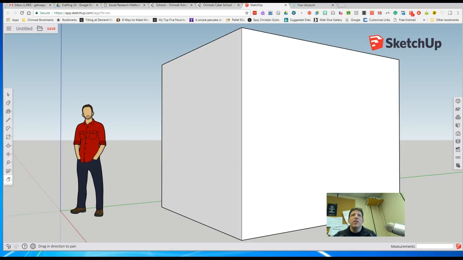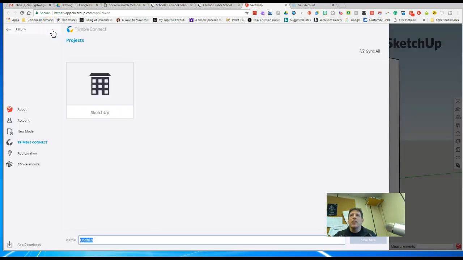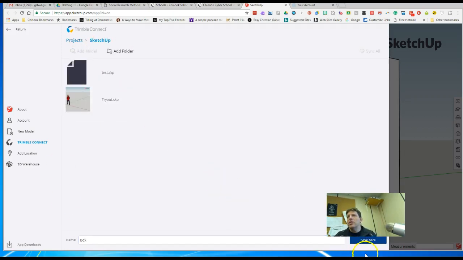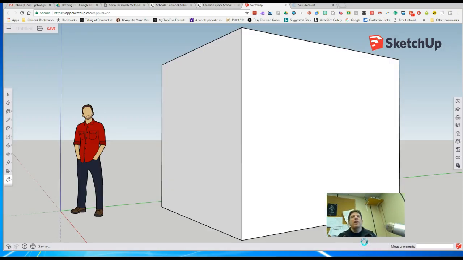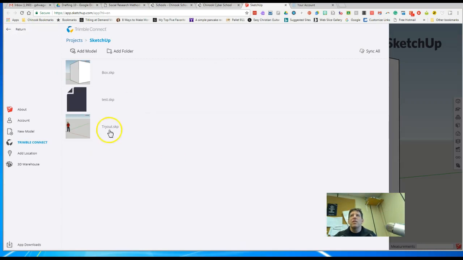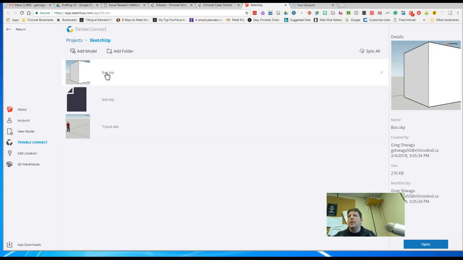A little bit different in this case when you're using the online version. Just go Save All Changes. And it'll actually ask you where to put it, or what to name it. So you can just name it. I'm going to name mine Box. And then I think you can go in SketchUp and then just save here. And then it just saved. And I think you can download these assignments and so on. So remember where you saved your activity. I think if you want to go to Box,